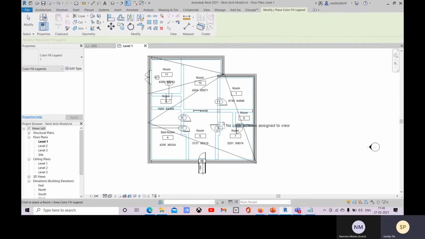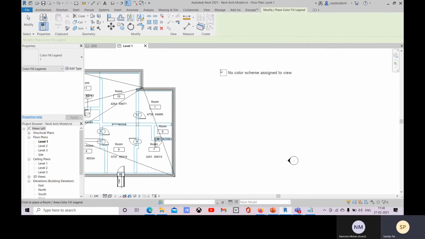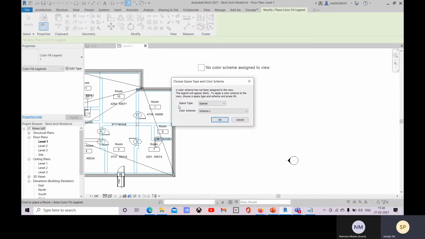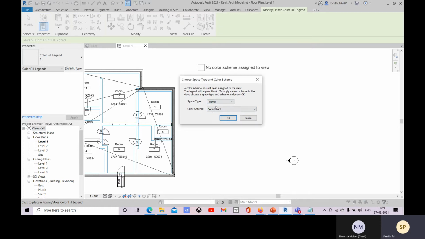Go with this color fill legend, and here you just place this, and give the type that it's according to the room. So you go with this room, and there you can mention that room name, color scheme according to the room name.